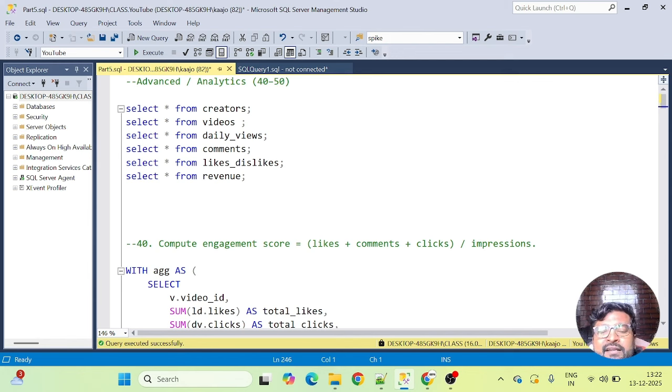Anybody can write select star from this table, or group by this clause, but it's about the logic. If you're able to think logic like this in your mind, you'll definitely be able to write the query. It's not a difficult task. It's always about how quickly and how accurately you can think, right?